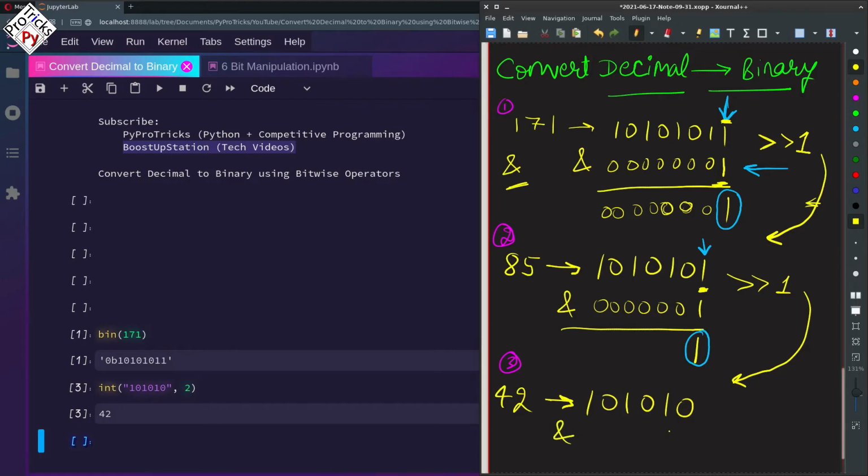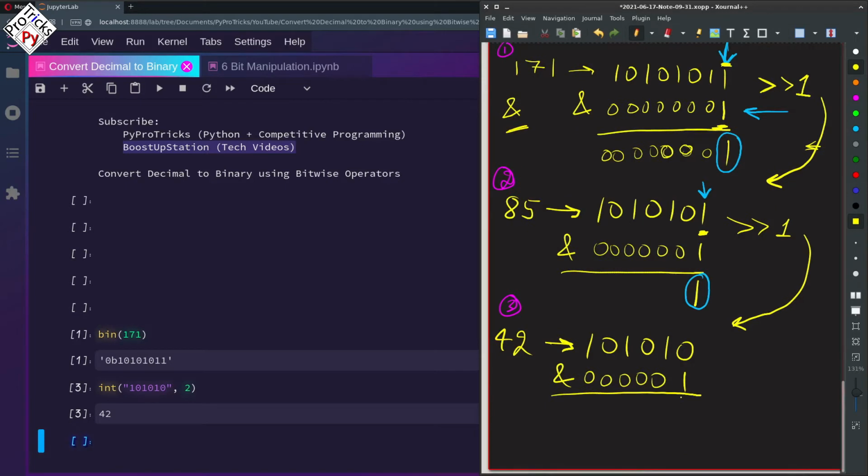Again AND with 1, and this time we get a 0, right? Because the AND of 0 and 1 is 0. So now we know that at this position we have a 0.